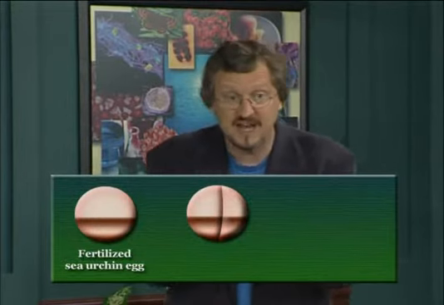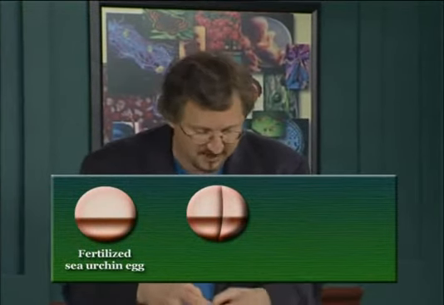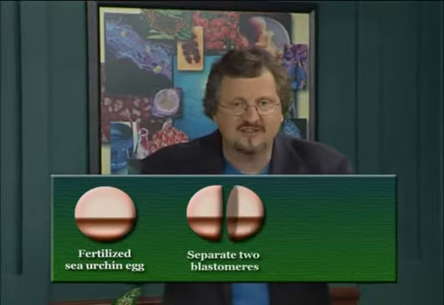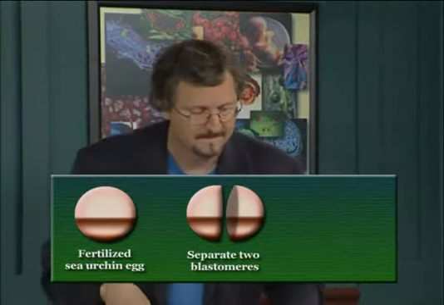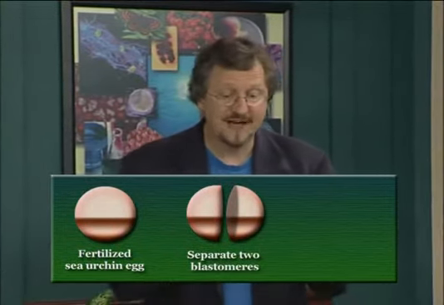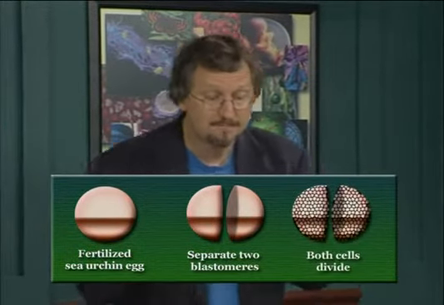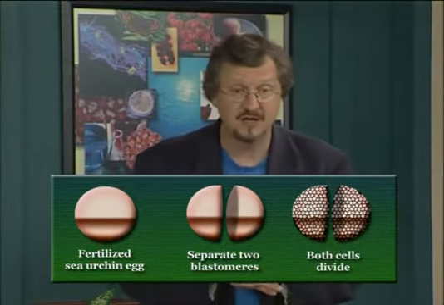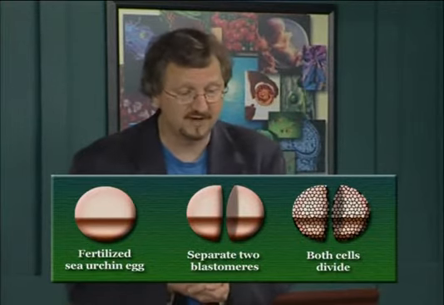He knew that if you changed the ionic concentration of the seawater in which these embryos were developing and shook them up, specifically if you took out the calcium, you could, if you did it just right, cause the cells to just fall apart. So he could take these two-cell stage embryos with just two blastomeres, shake them apart, and have the two blastomeres just come apart. When he did that, what he found was that the two blastomeres would both develop into complete adults, in contrast to what Roux had found earlier.